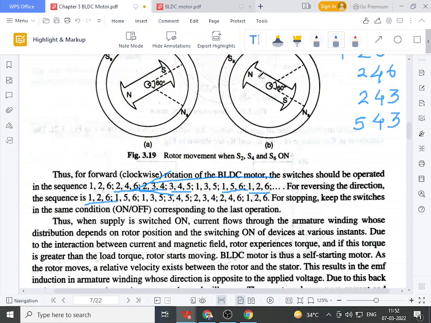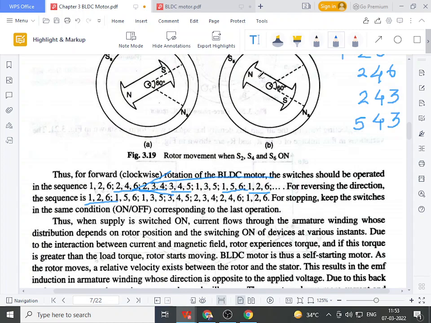But always keep in mind the conduction mode for the BLDC motor inverter circuit is 180 degree conduction mode. Therefore there will be movement of the rotor by 60 degrees, and at every 60 degree movement of the rotor, the position of the rotor will be sensed by the rotor position sensor, and then after 60 degrees there will be initiation of the next switching sequence.